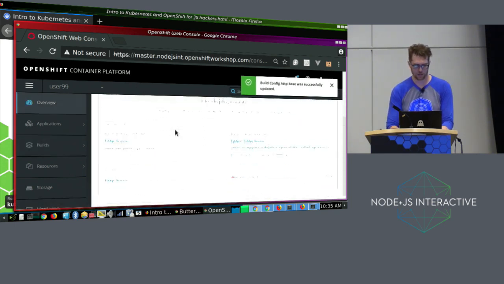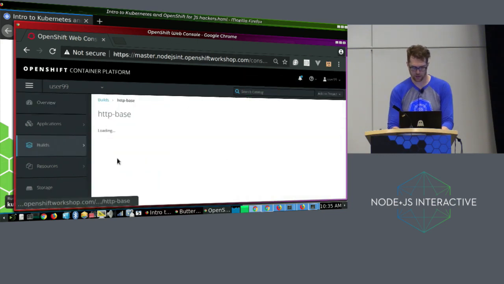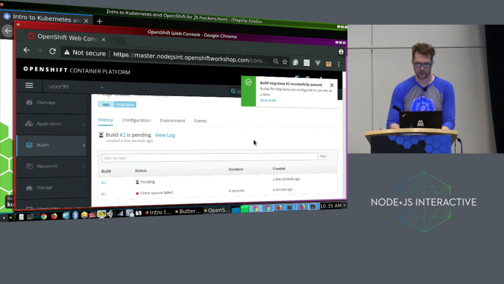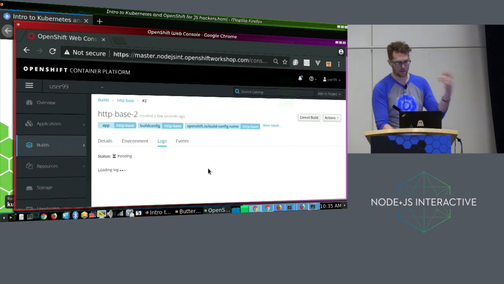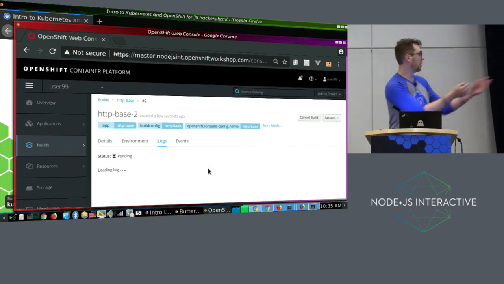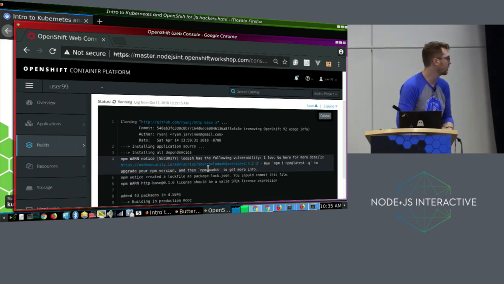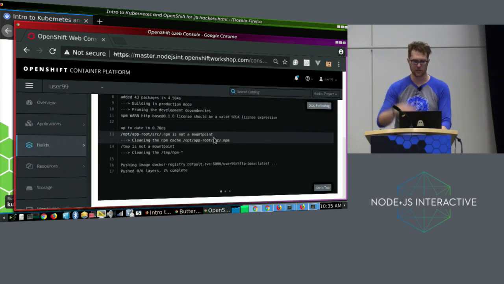Build configs help us run builds on the cluster. I go back to our list of builds. I should be able to kick off a new build. And let's see if this one runs any better. I'll click through on the build. We can watch these logs as the build happens. It'll stream our log feedback into the terminal, or into the web session here. And you could click on follow if you want to stick to the bottom of this and watch the build